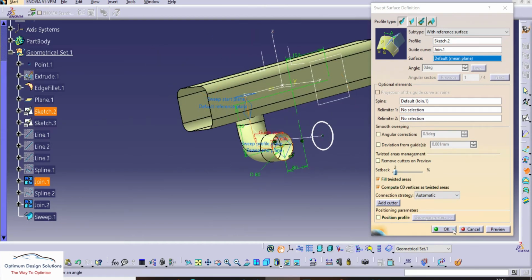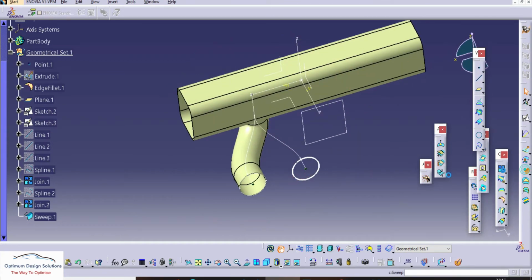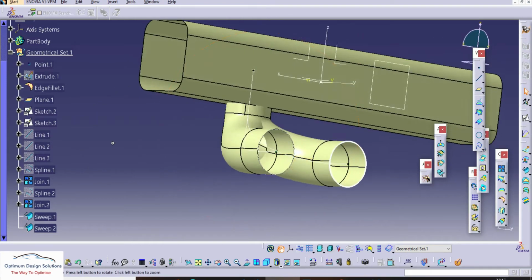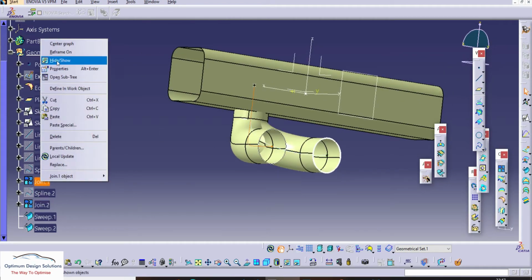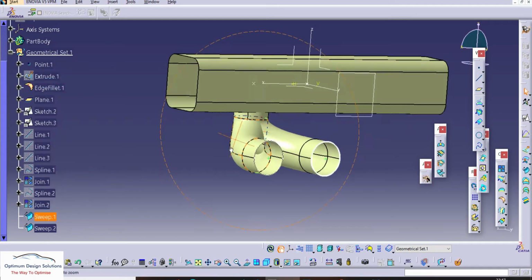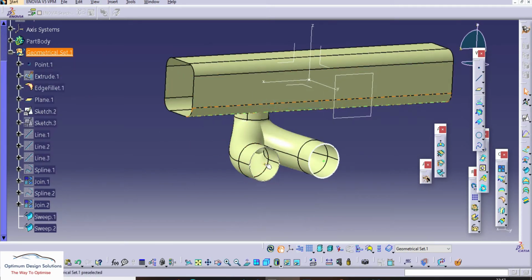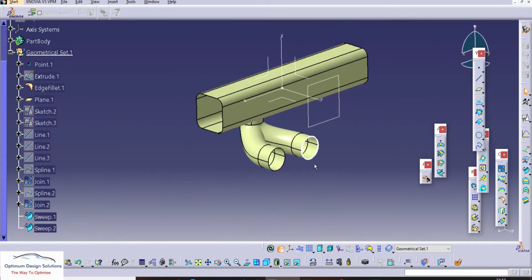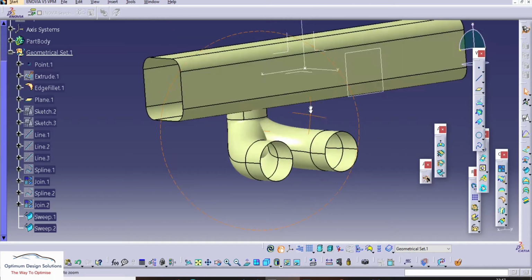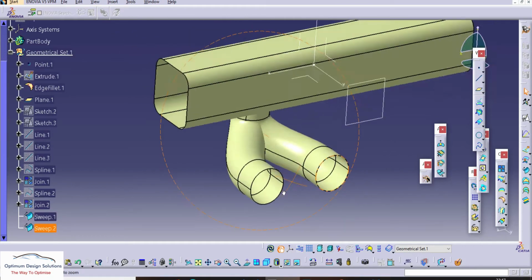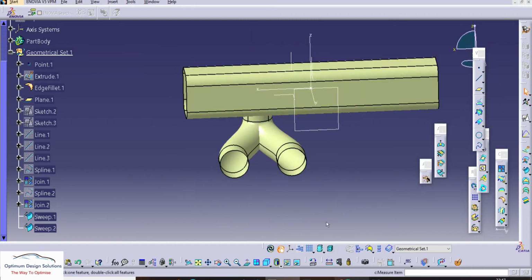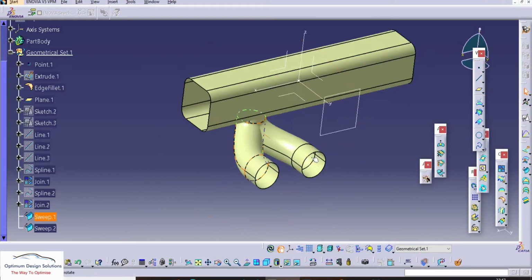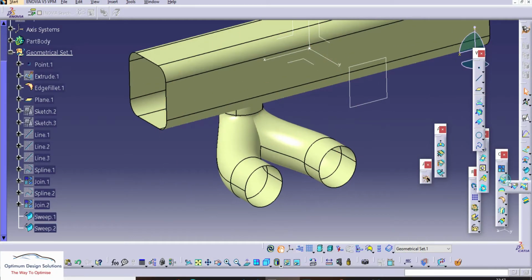So this is the similar shape we got as per our today's task. So we'll hide unnecessary parts so that we can easily visualize what we are going to do. So here the basic RH side and circular joinery are completed. So this is the joinery part, as we already saw in the design task.